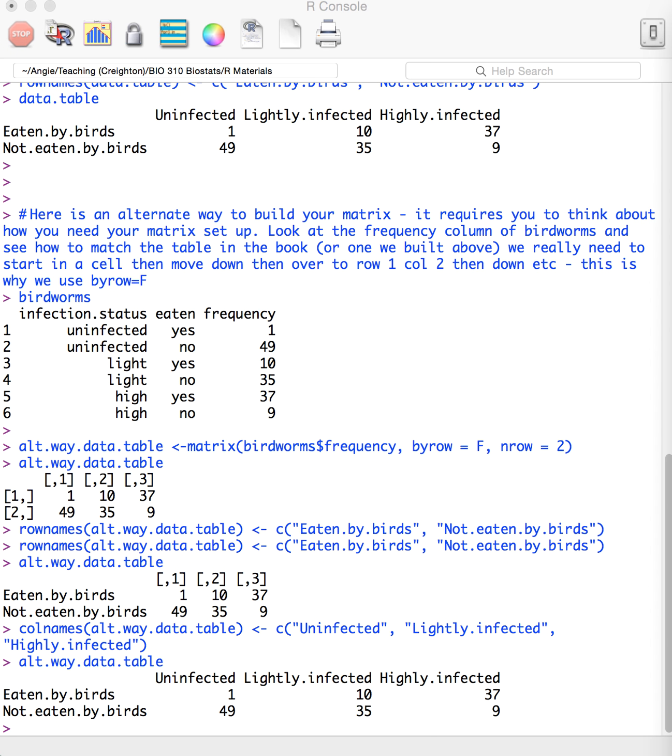So now data.table, which we see up here, okay, data.table and alt-way data.table are exactly the same thing. Okay. Now